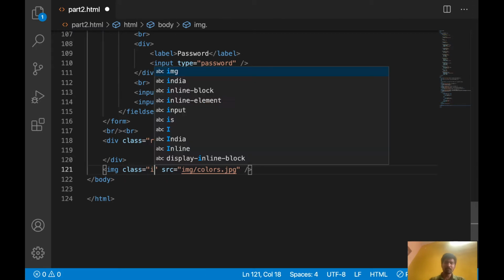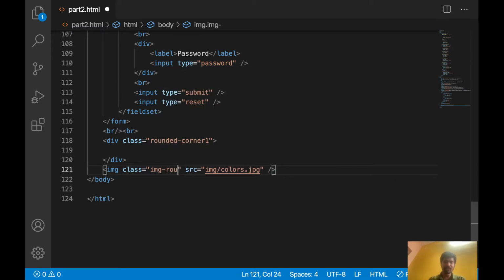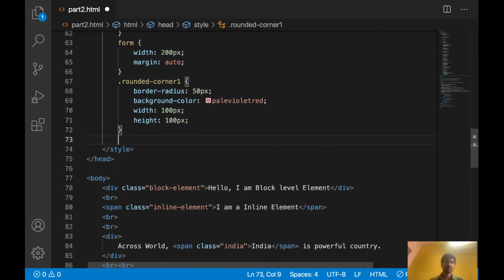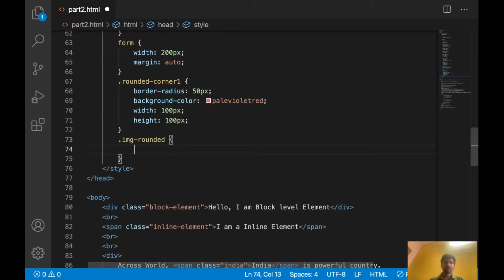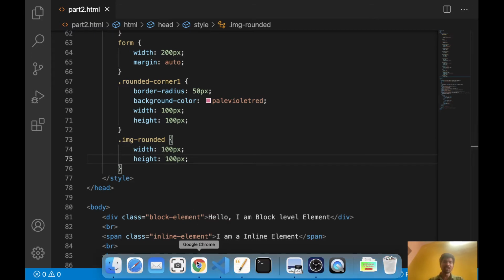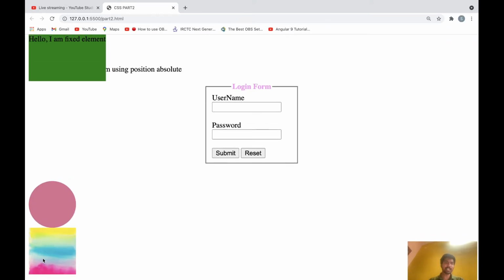Okay, let's use image rounded. For this one I will just apply a few CSS. I want to give width and height for the image. Now we'll see how the normal one displays. See, this is the image I am displaying.